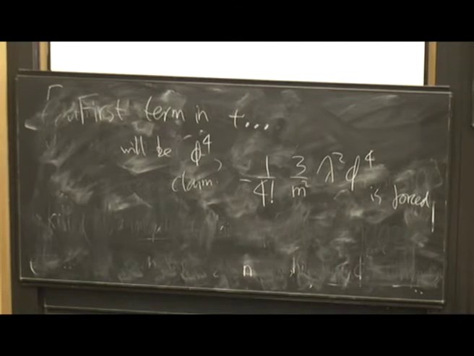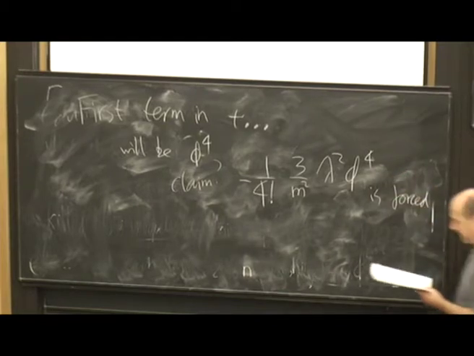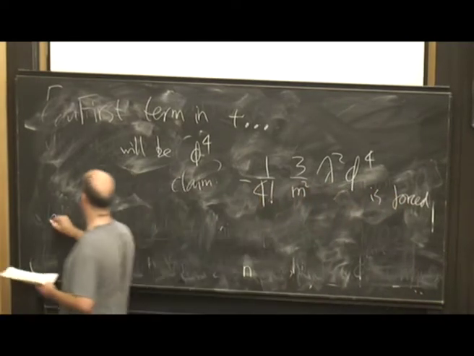For the previous problem, I didn't have to worry about 2 to 3, because I only had even vertices, so 2 to 3, I can never write down such a diagram. But now I've got a phi cubed vertex, I can. And to leap ahead, if I add that to that, then it is actually